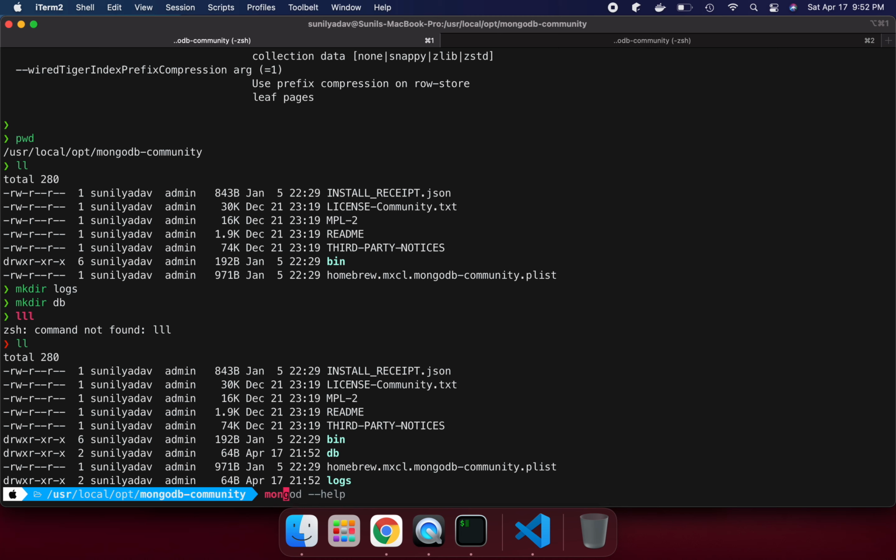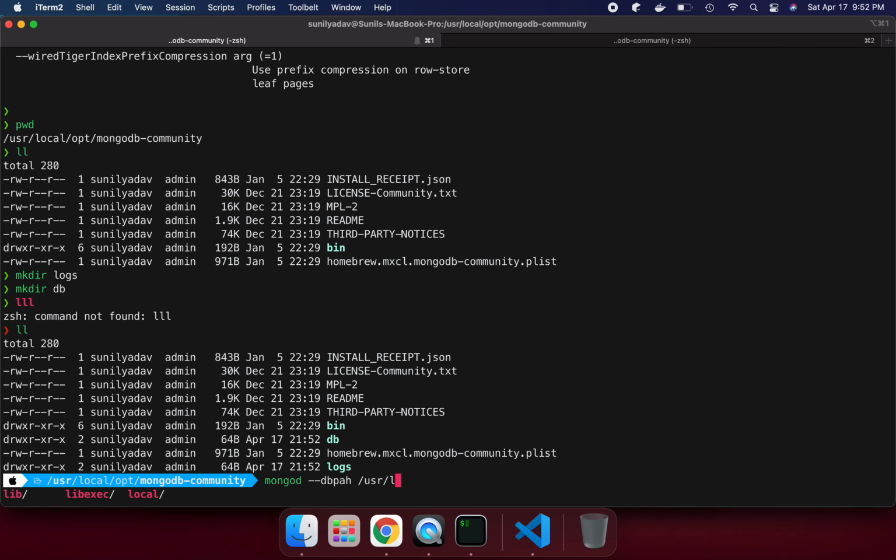We can do that with MongoDB. We need to run this command: mongod --dbpath, then give the path /usr/local/opt/mongodb-community and then db.